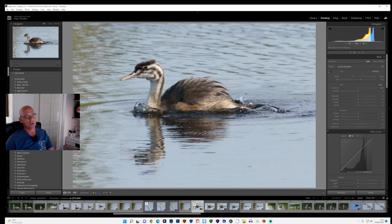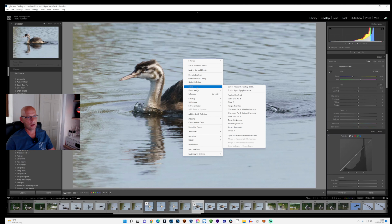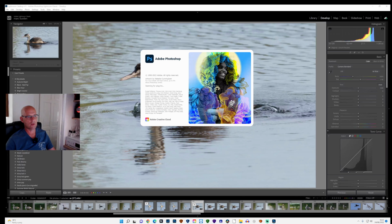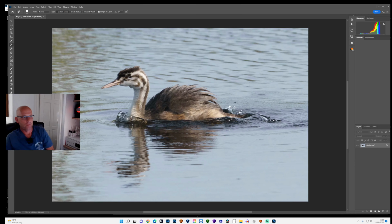I think what I'm going to do straight away is I'm going to jump straight into Photoshop for this and do a bit of the water removal and smoothing first. So I right click and then go to editing and then edit in Photoshop, and then what that does is automatically opens it straight up into Photoshop. So as soon as it's opened up in Photoshop,